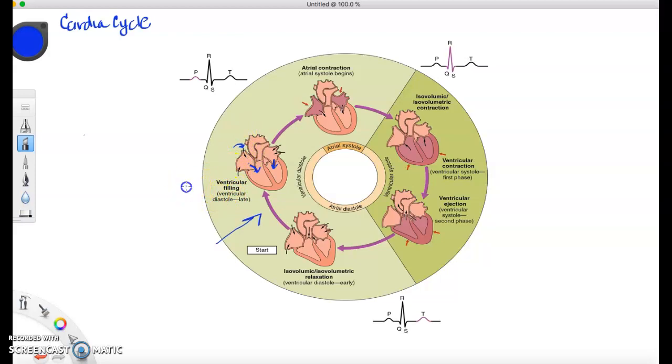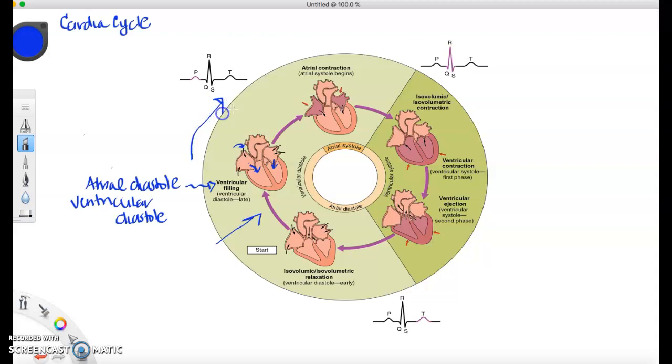So in this state right here, you've got atrial diastole, because the atria are relaxed, and ventricular diastole, because the ventricles are relaxed. Both are filling. So during late ventricular diastole,